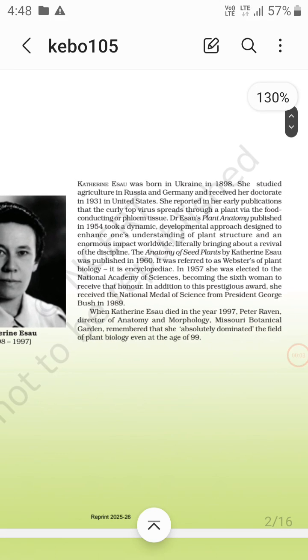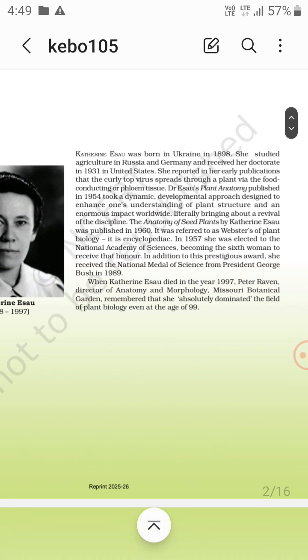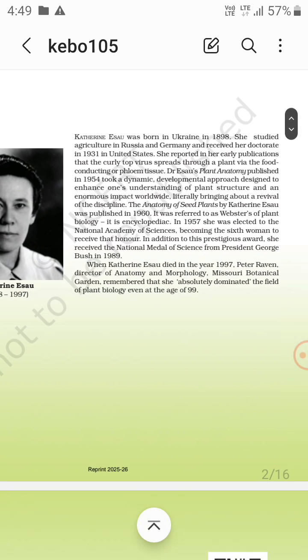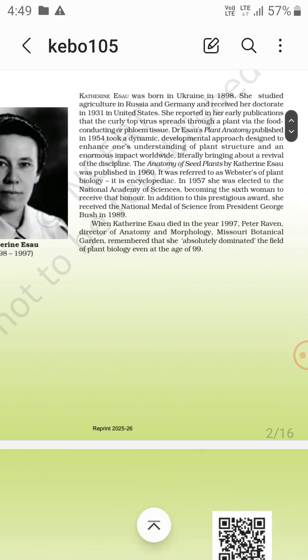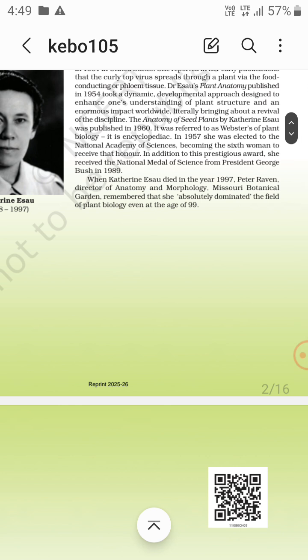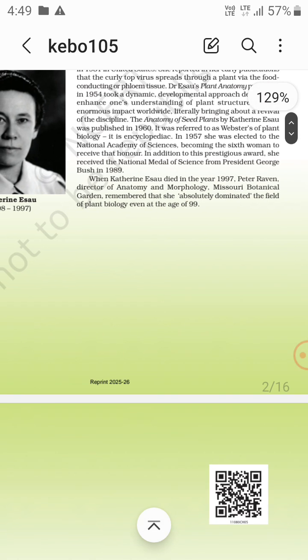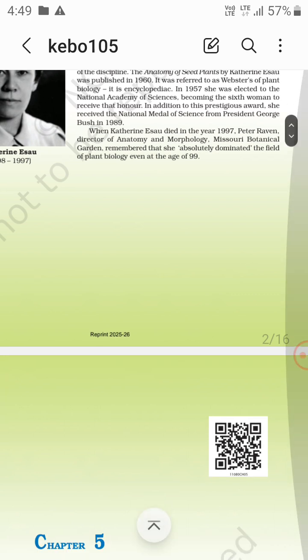Okay, so Katherine Esau, Dr. Esau, published Plant Anatomy, and she reported that curly top virus spreads through a plant via the food-conducting phloem tissue. The Anatomy of Seed Plants by Katherine Esau was also published. When Katherine Esau died, Peter Raven, director of the Missouri Botanical Garden, remembered that she absolutely